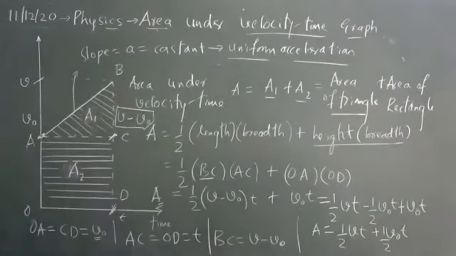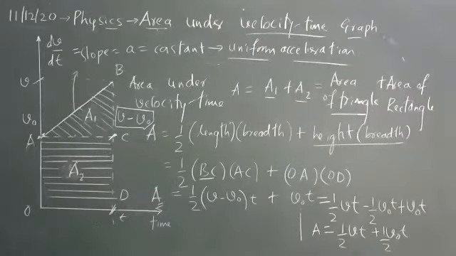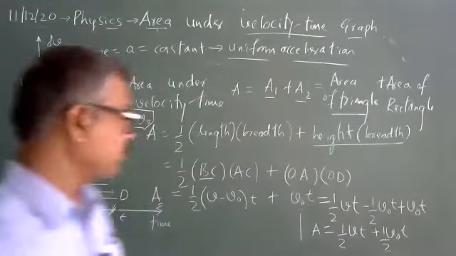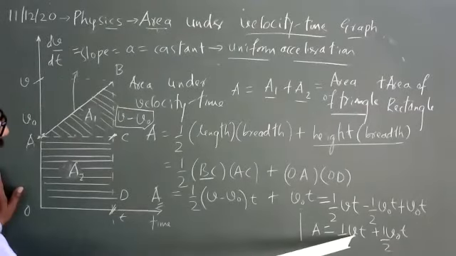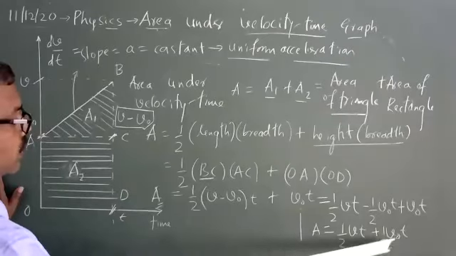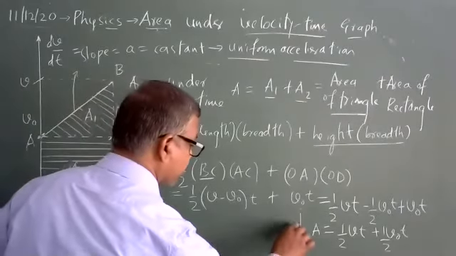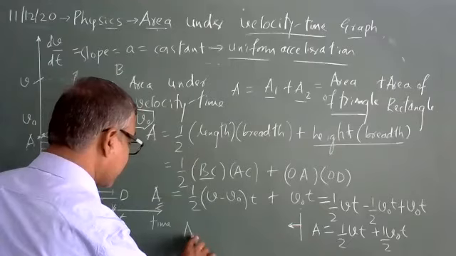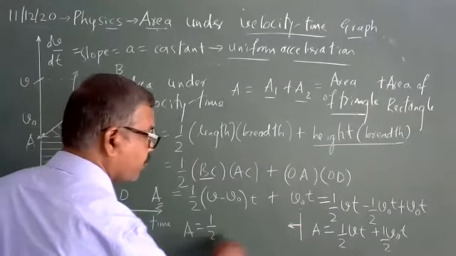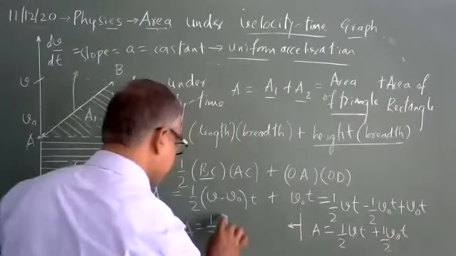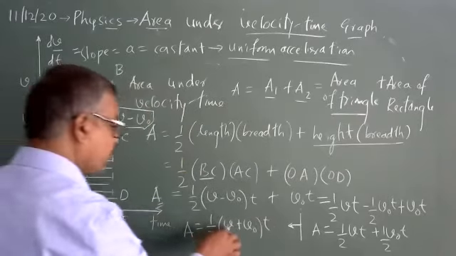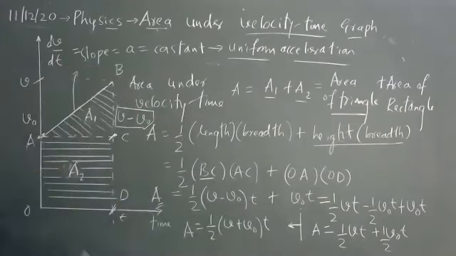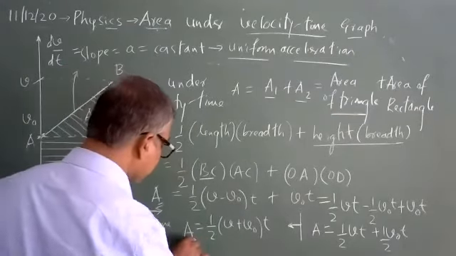Yes. I got a small value. You can notice area is equivalent to 1/2 final velocity into time plus 1/2 initial velocity into time. Let me rewrite it here in this fashion. Area is equal to 1/2, and time is common on both sides. Only the difference is this: final velocity plus initial velocity, into time. So V plus V0 by 2 is called average velocity, or you can say this area is nothing but displacement.